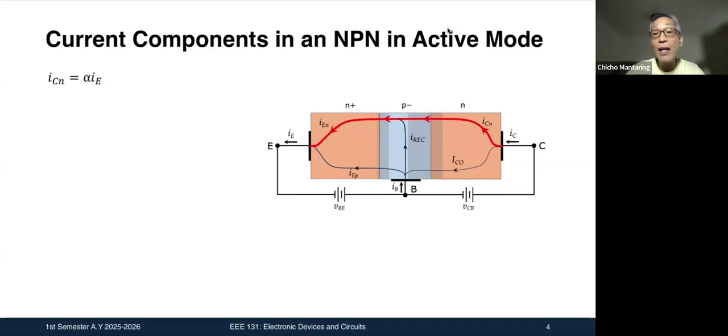Electrons. Electrons are the majority carriers in an NPN transistor. And therefore, what is ICN? ICN is the collector current due to electrons. We know that that is equal to alpha times I_E. This component of your collector current, ICN, is equal to a factor alpha times I_E, where we studied in topic 2 that